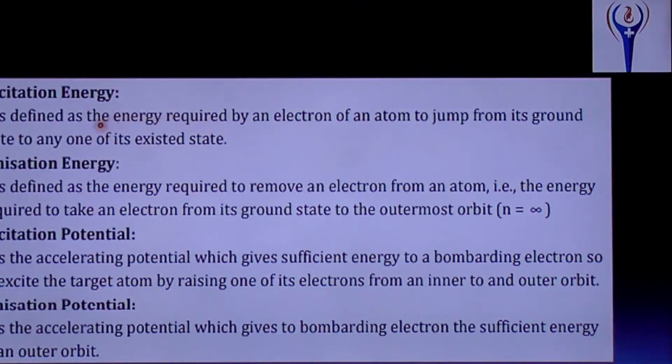And excitation energy, as we have discussed, is the energy required by an electron of an atom to jump from its ground state to any one of the excited states. Ionization energy is the energy required to remove an electron from an atom, that is, to take an electron from its ground state to the outermost orbit. Excitation potential is the voltage, the exciting potential for a bombarding electron, to excite the target atom by raising one of its electrons from an inner to an outer orbit. Ionization potential is the exciting potential which gives the bombarding electron sufficient